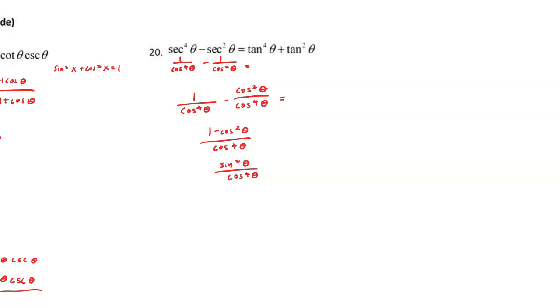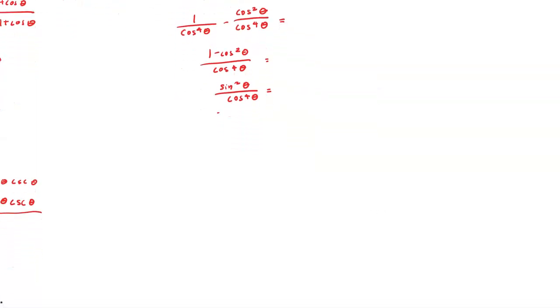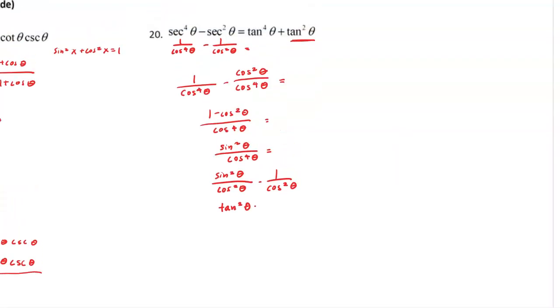I could use the derivative of the Pythagorean identity and just say sine squared theta over cosine to the 4th theta. Okay. And then since I see that this is a sine squared theta right here, I can break this up: sine squared theta over cosine squared theta times 1 over cosine squared theta. And then I get a tangent squared theta. I'm almost there. I got the tangent squared theta. Somehow I need to get a tangent fourth theta,